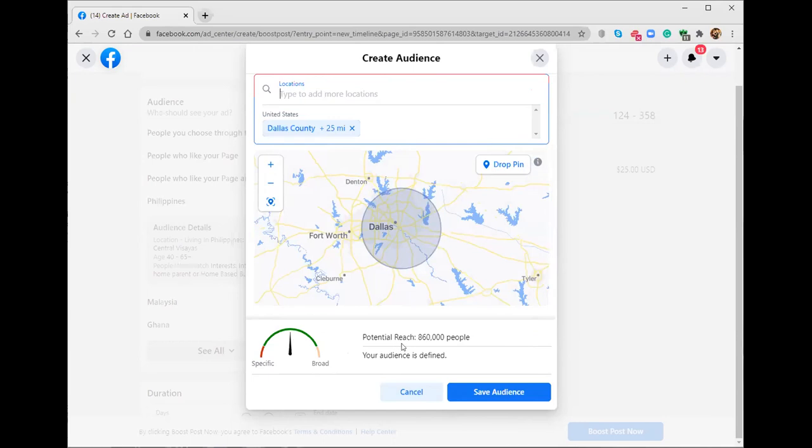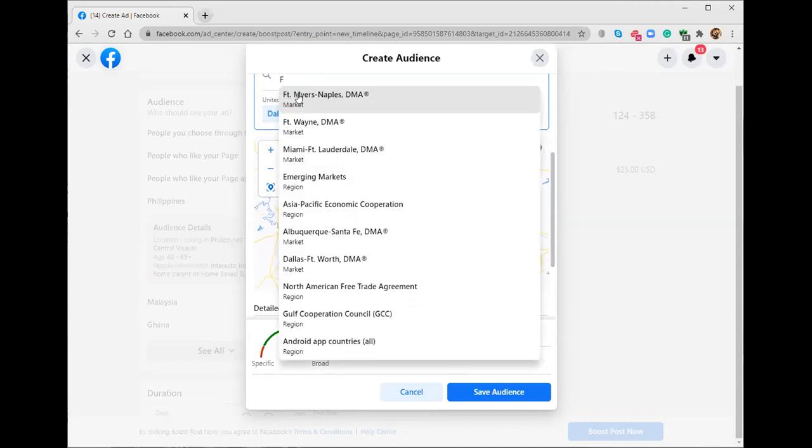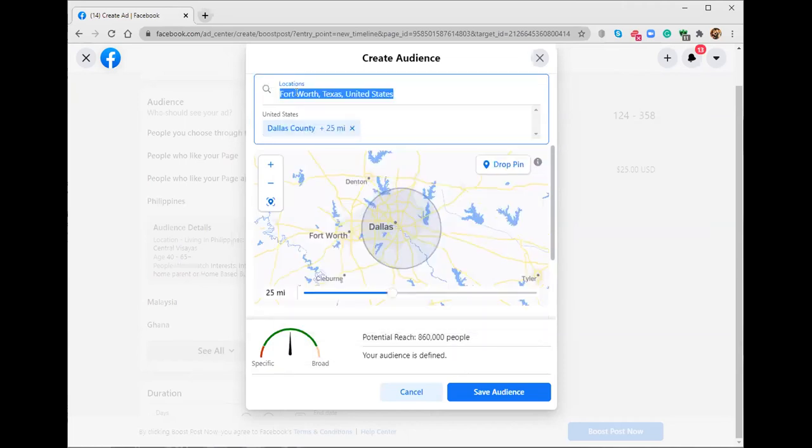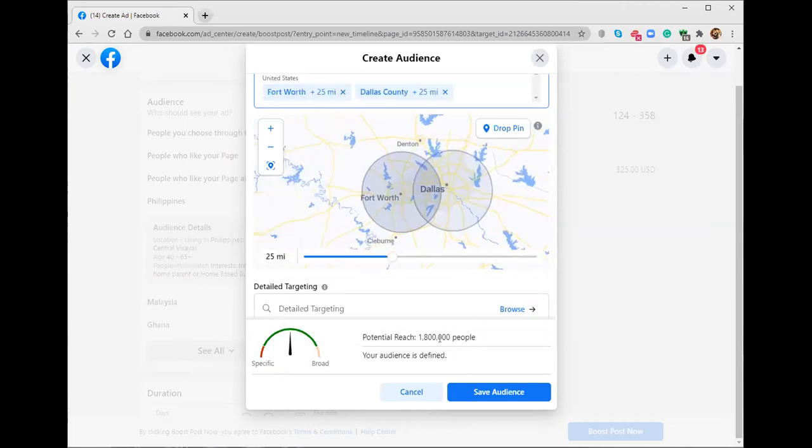Potential reach, 860,000 people. I'm now defining my audience, okay? And I'm going to go, you know what? I want to do Dallas, Fort Worth. So let me open this up and see if that will expand. It doesn't expand. Let me put in Fort Worth, Texas. Now I'm at 1.8 million people and I live in